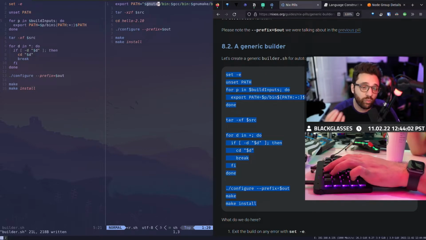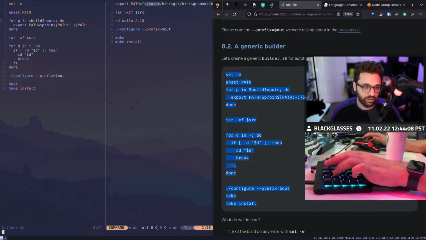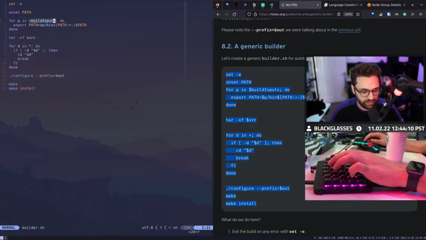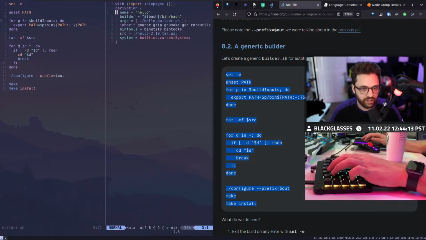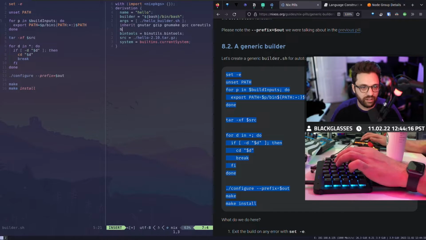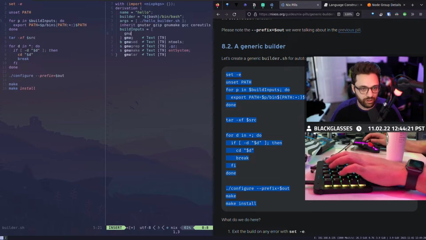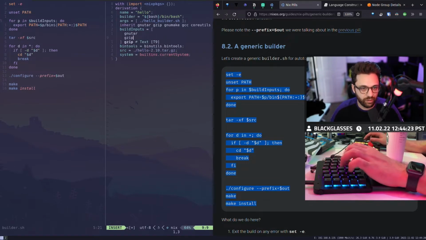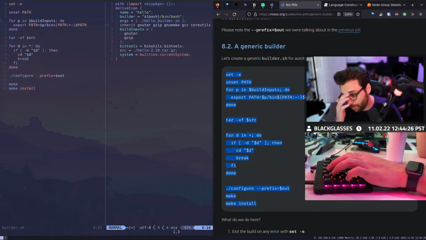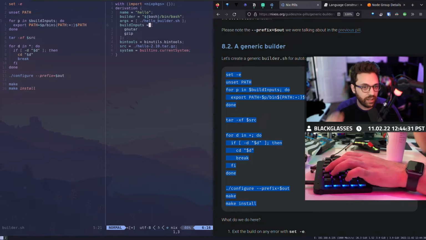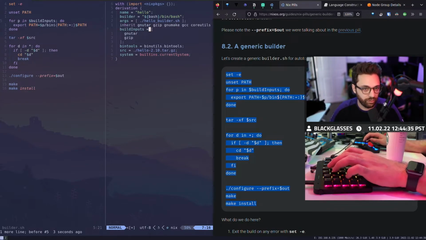So what does that technically mean? It technically means that if you wanted to, you could also pass an array of Nix values. So for example, if I go back to our hello.nix, instead of doing an inherit, I could say build inputs. And again, I'm kind of giving you guys a little bit of spoilers here. And then do GNU tar, gzip, right? Now, does this mean that I have both in this scenario? Yes, it technically does. It means that once I delete this, then I'm only using build inputs, or if I delete the other one, then only the other. So that's what I mean by, you can create as many of these arguments as you want.